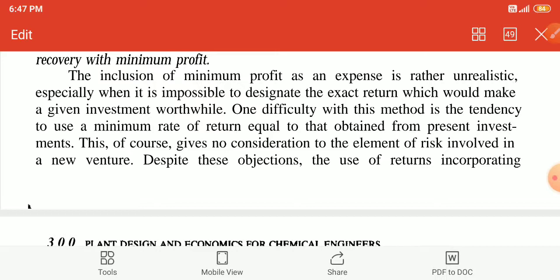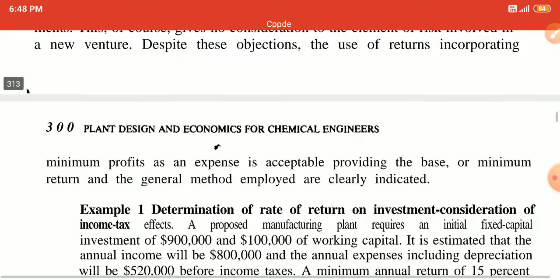Okay, the inclusion of minimum profit as an expense is rather unrealistic, especially when it is impossible to determine the exact return which would make a given investment worthwhile. One difficulty with this method is the tendency to use a minimum rate of return equal to that obtained from the present investment. This of course gives no consideration to the element of risk involved in a new venture. Despite this objection, the use of return incorporating